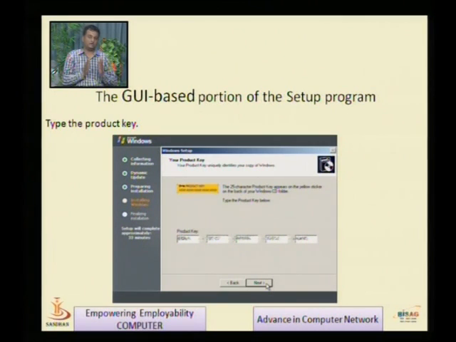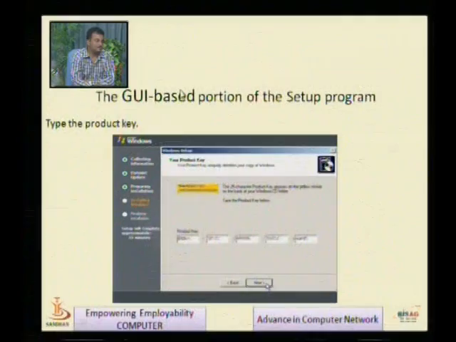When we install a server, at that time we need a server operating system CD that is provided by Microsoft, and Microsoft gives that CD with the CD key. Once you install from the CD, at that time it asks for the licensing key, that is the product key.